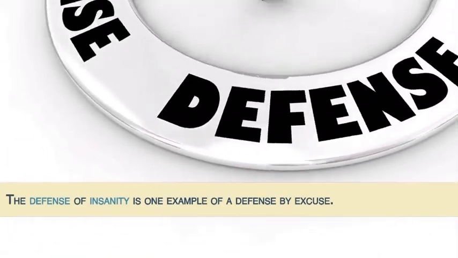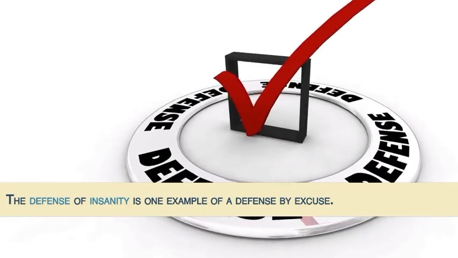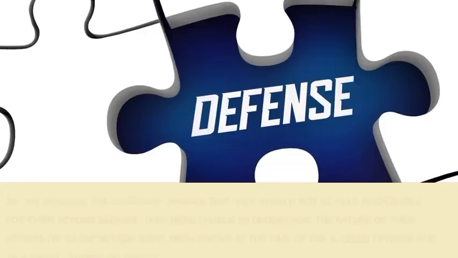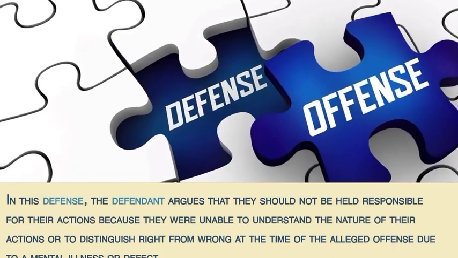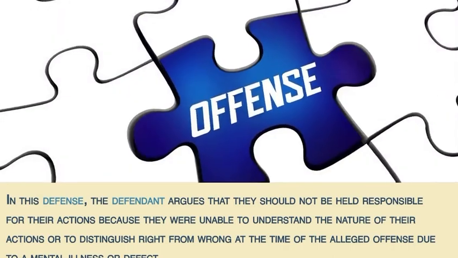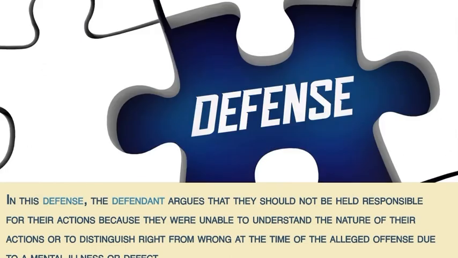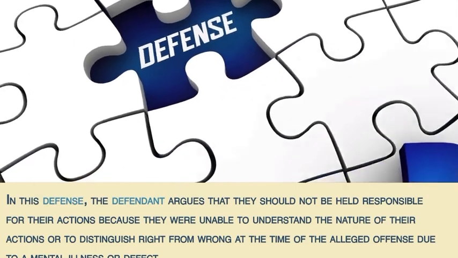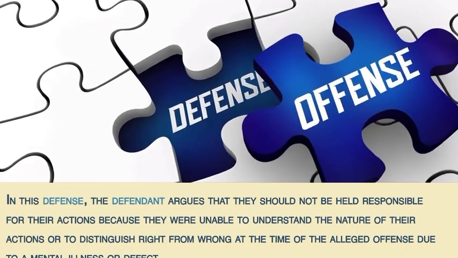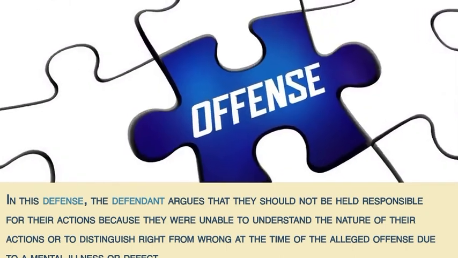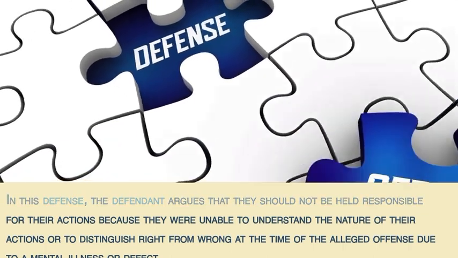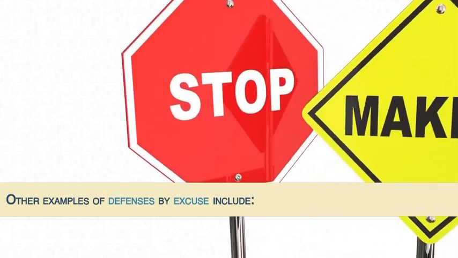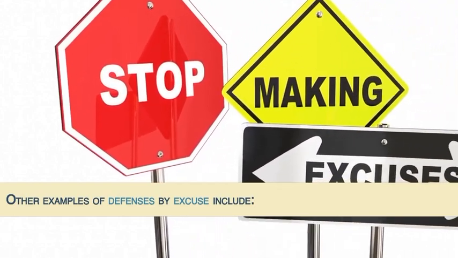The defense of insanity is one example of a defense by excuse. In the defense of insanity, the defendant argues that they should not be held responsible for their actions because they were unable to understand the nature of their actions or to distinguish right from wrong at the time of the alleged offense due to a mental illness or defect. There are other examples of defense by excuse, which include: